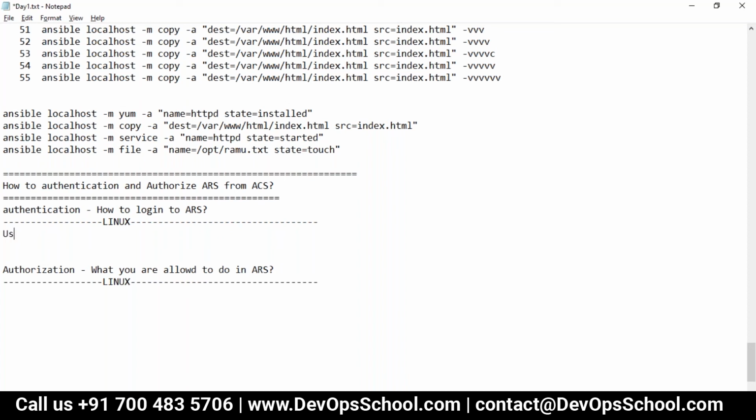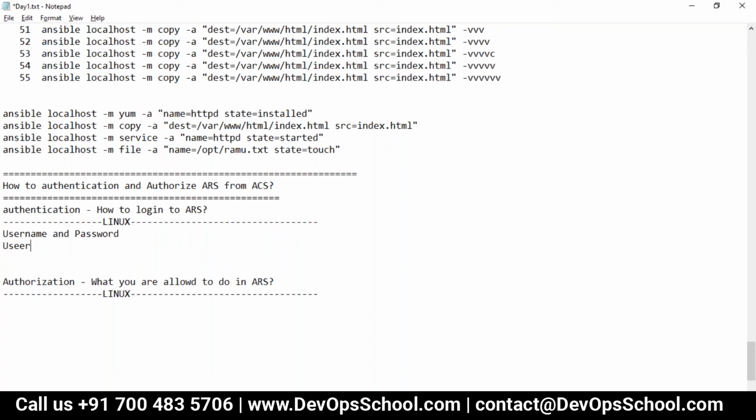You said username and password, which is password-based, but also username and key, passwordless authentication. Right? Let me remind you, in AWS we all will be using keys, but you know that you can also enable SSHD with a password. So that is authentication: how I can log in with that particular user and password.